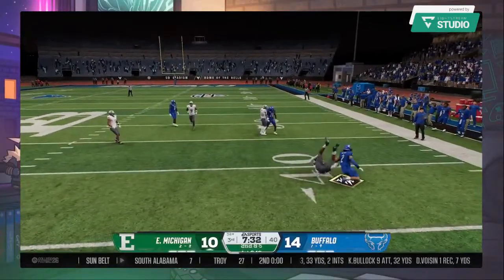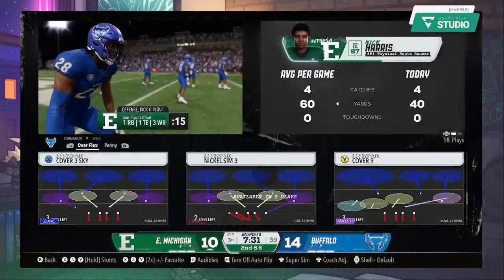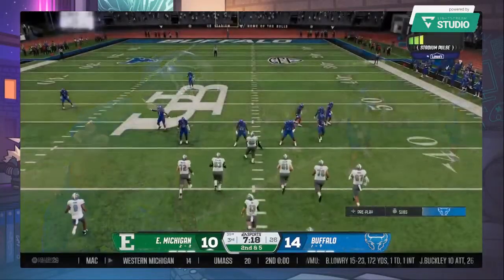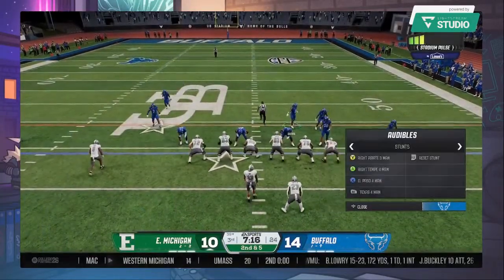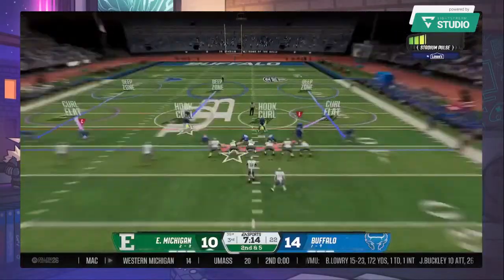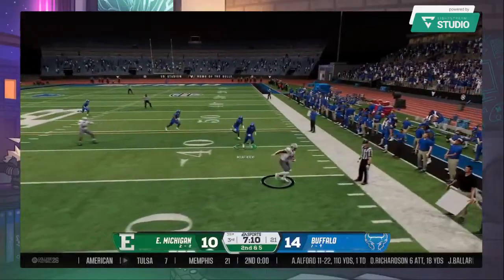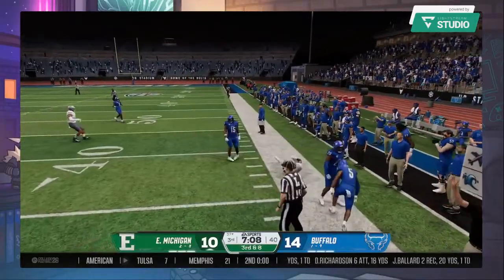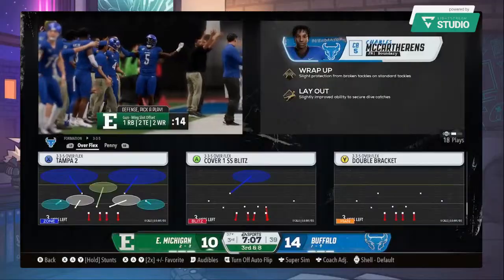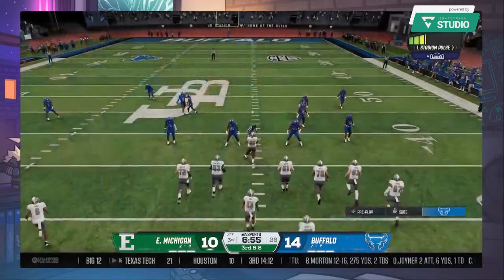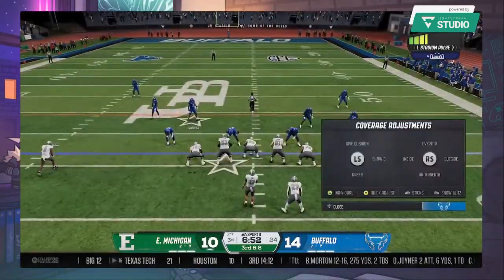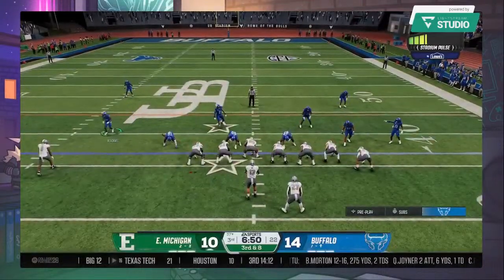Fires to the big fella. And the defense settled in to stop that one for a short gain. Offense gets set for second down. Wants to go up top. Swings it out to his running back. He is stopped behind the line of scrimmage. They'll lose yards on that one. They've got to come up with a big play on this third and long.